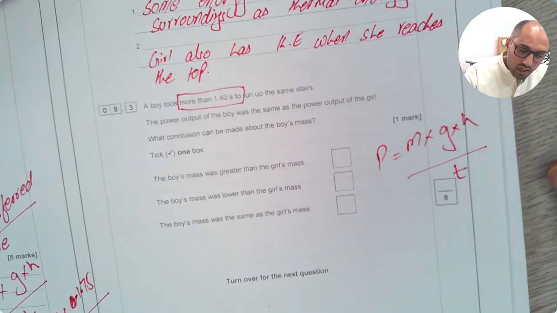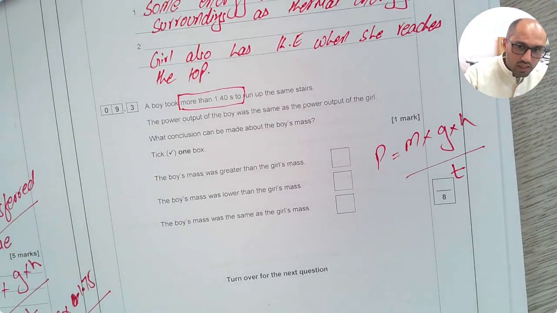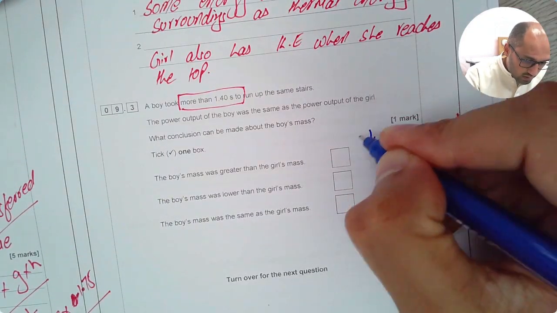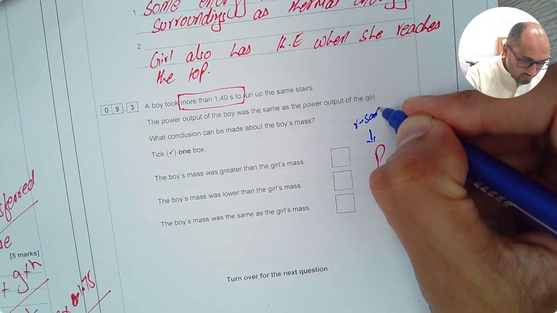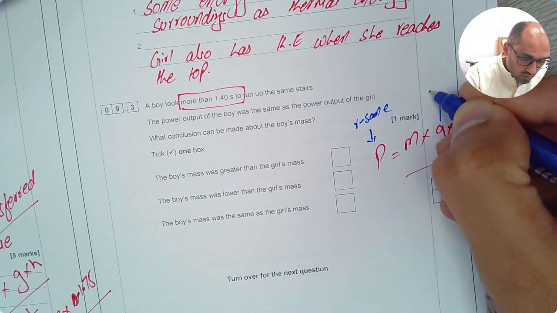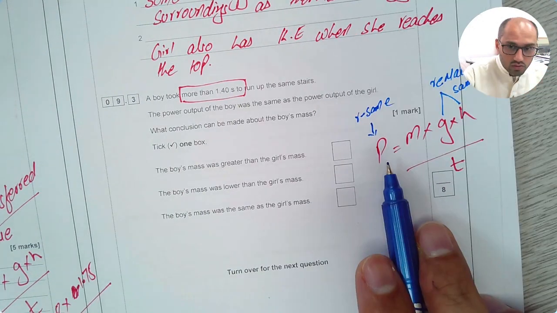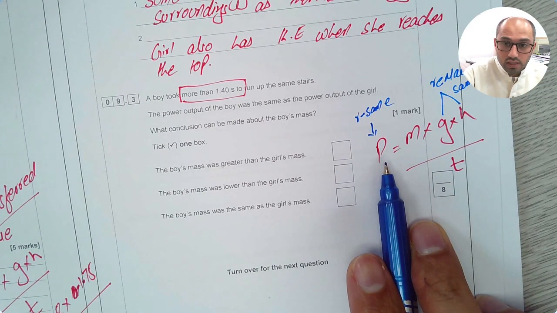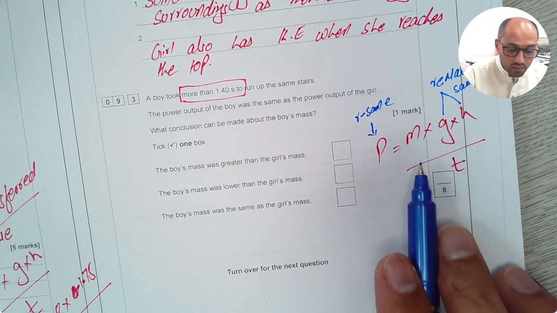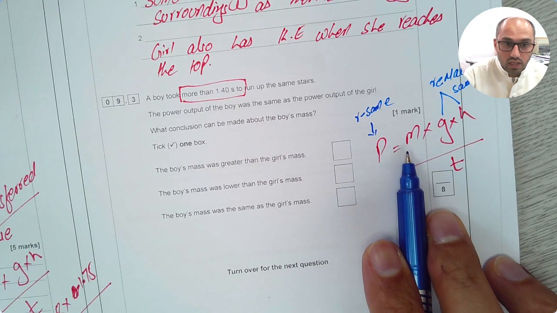Now they said the power did not change, so this remains the same. These two values also remain the same. So for the power output to stay the same, if time increases, that means the mass also has to increase. So the answer will be